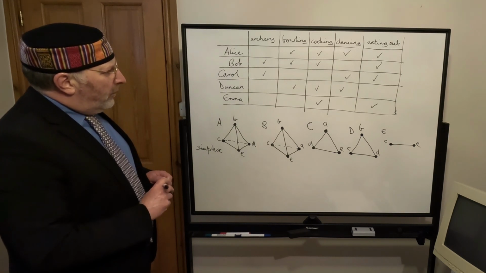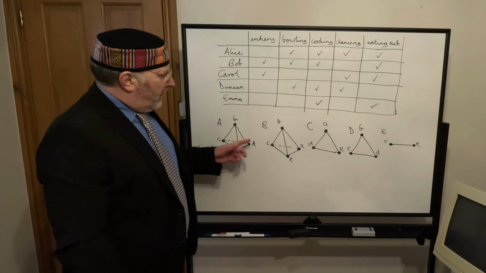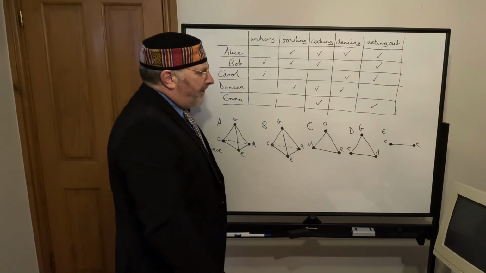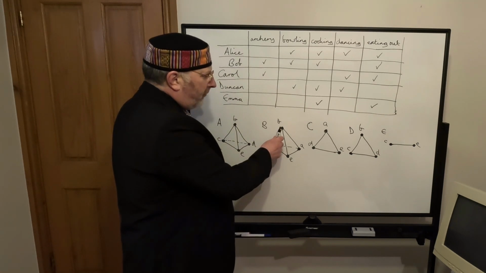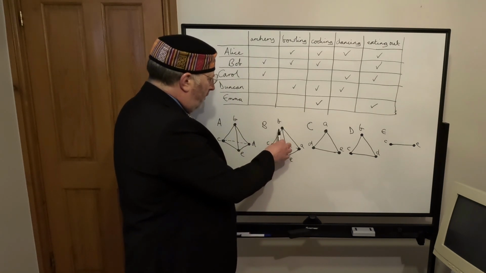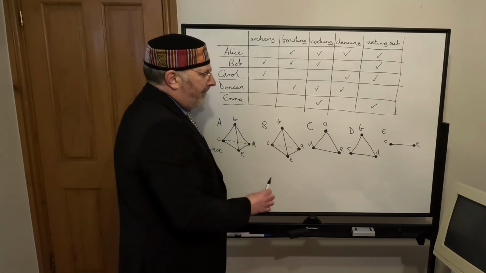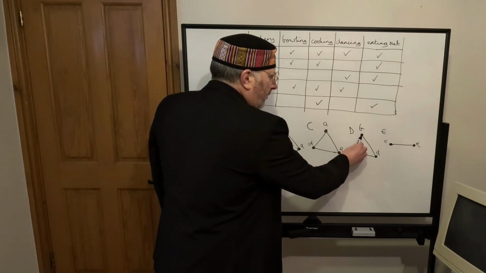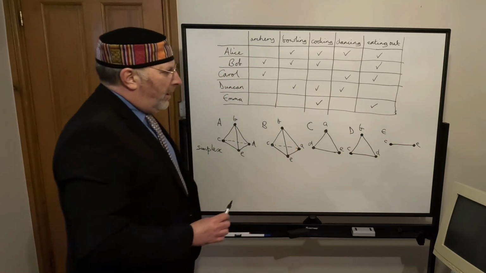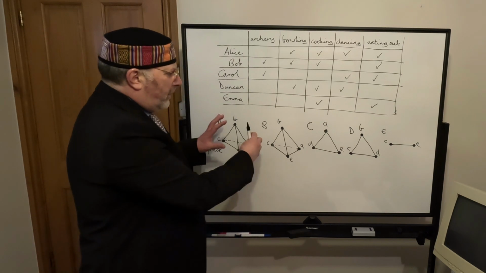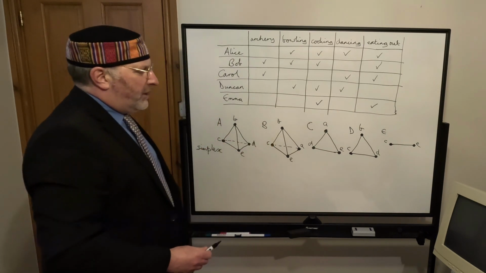And while we've drawn these as the simplexes separated, of course these points are the same point. So here on Bob, he's got the point B, and Duncan's also got the point B. So these are actually the same points. So these simplices are connected via the points that they share in common.